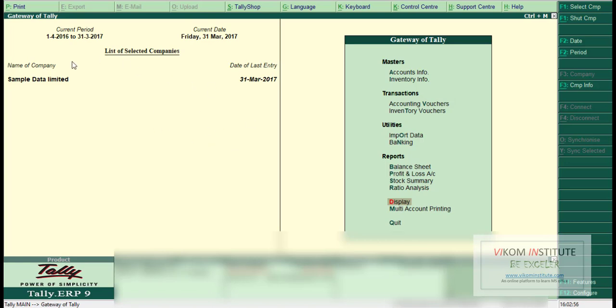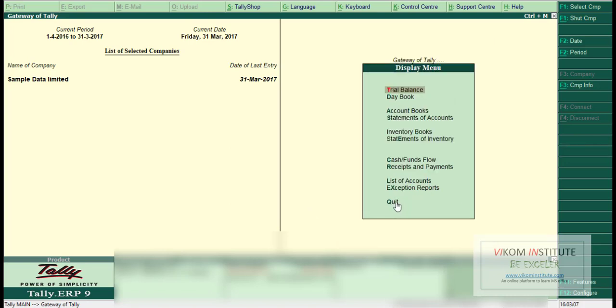First, we need to complete all the entries in Tally. The second step is to extract our trial balance in Excel. For that, I'm going to display the trial balance. Now what you need to do,